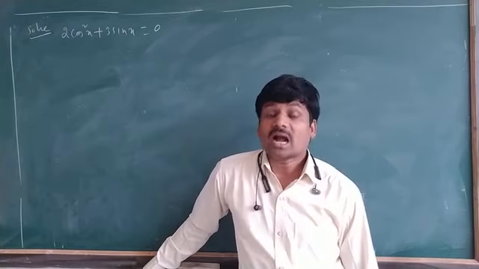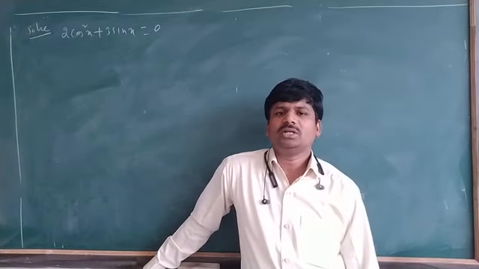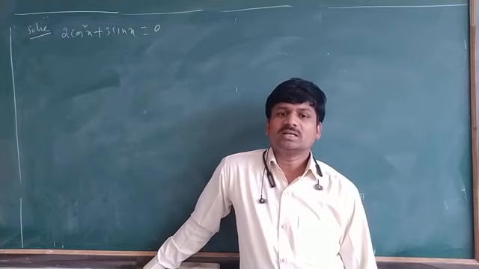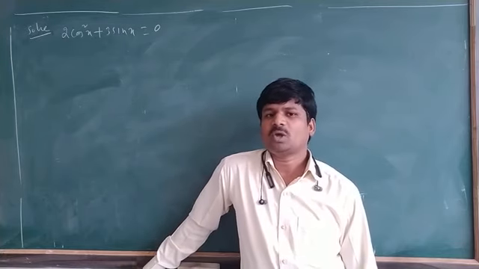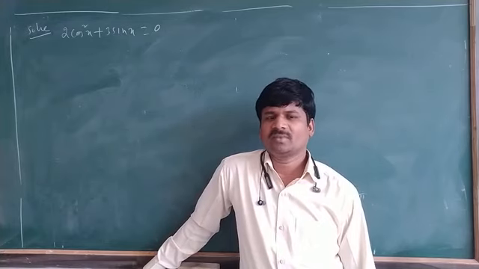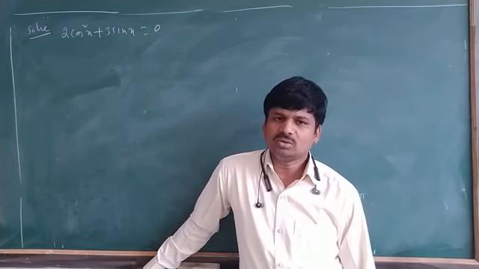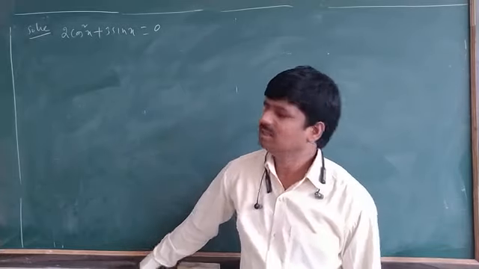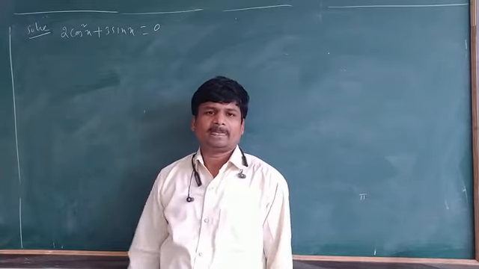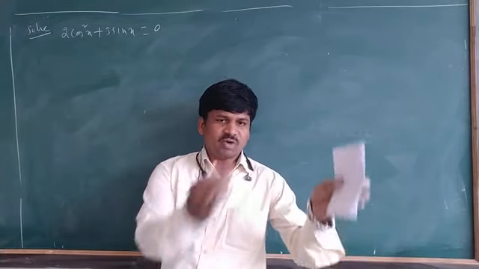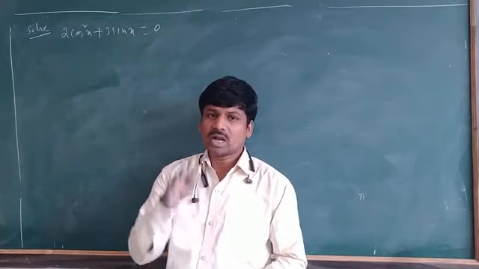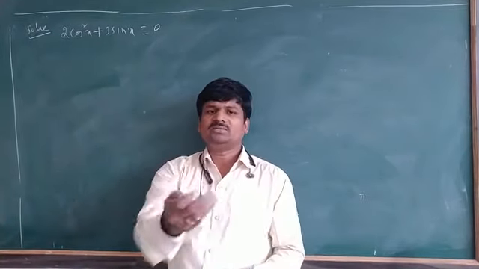It is not in the form of sin x equal to 0, cos x equal to 0, tan x equal to 0, or sin x equal to sin alpha, cos x equal to cos alpha, tan x equal to tan alpha, right? So what we have to do is bring these types of equations into those trigonometric equations. Why? Because only in those forms, the general solution formulas are there. That is why you should bring these equations into those forms.